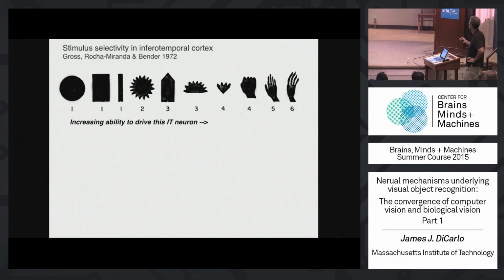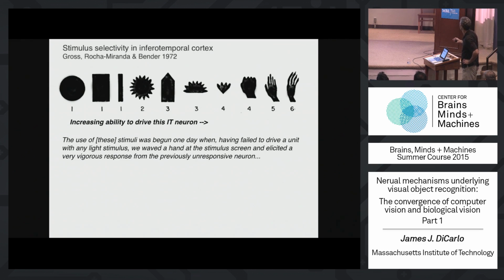This is work by Charlie Gross, who's one of the first people to record in IT cortex. And what they did was, I'll show you here. This was in an era where, remember, Hubel and Wiesel had just done their work in the 60s, and they'd recorded from the cat visual cortex, and they had found these edge cells, and they ended up winning the Nobel Prize for that. So it was sort of the heyday of, let's record and figure out what makes cells go. So they were brave enough to put an electrode down in IT cortex in 1970 and said,